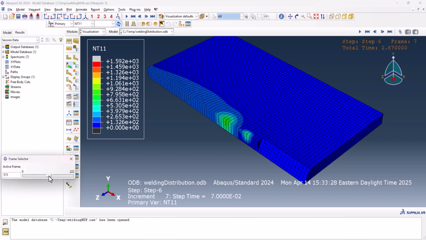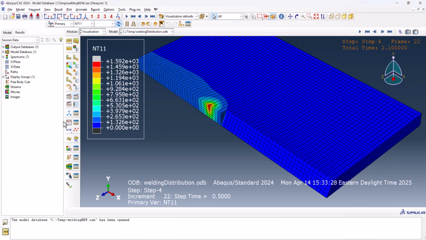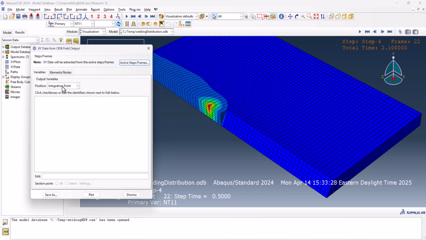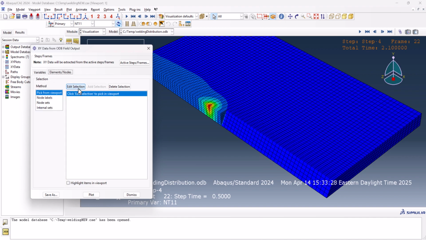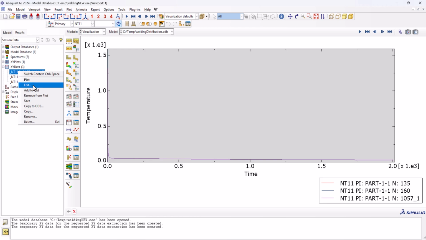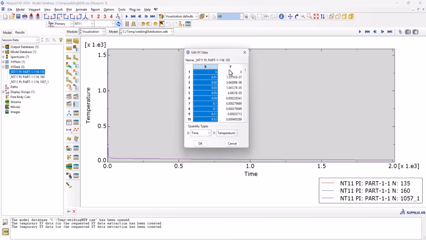And I want to go to here and let's plot the time versus temperature. Okay, from XY data, ODB field output, continue, you go here from unique nodal temperature, and you can select different points. Let's select here, hold shift here, and this one, and plot them. If you select them one by one and select edit, you can